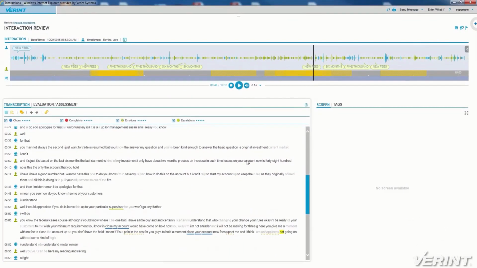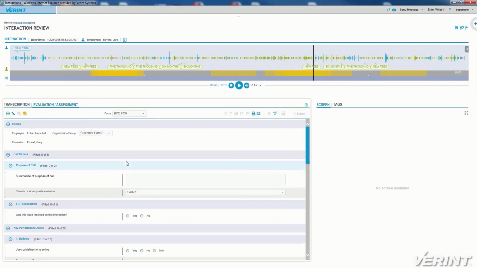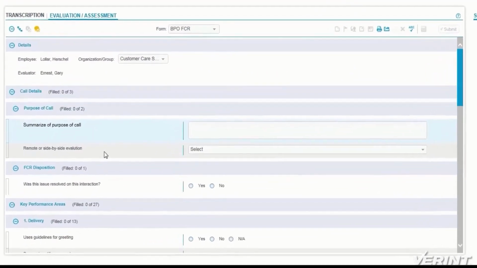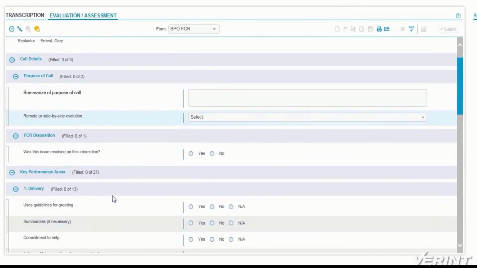So again, you definitely hear it in the voice. The customer is upset, is emotional, and at this point, we might want to think, did the agent handle this call effectively? I can immediately go from the same screen and pull up an assessment, a quality evaluation, and fill out the questions that I would typically want to address on this kind of call, and provide feedback right back